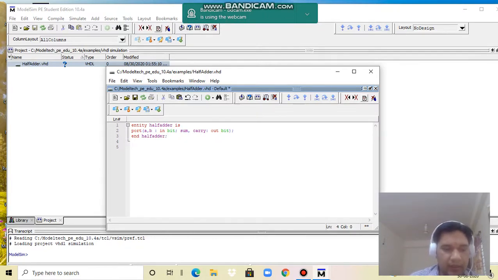After the entity declaration, the second part is to declare the architecture. I will give the architecture name as half adder underscore data flow, because in this case I want to use a data flow architecture type of half adder.